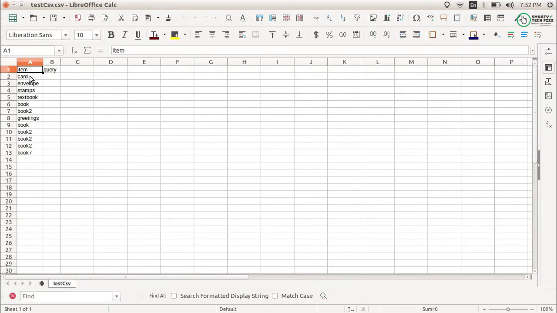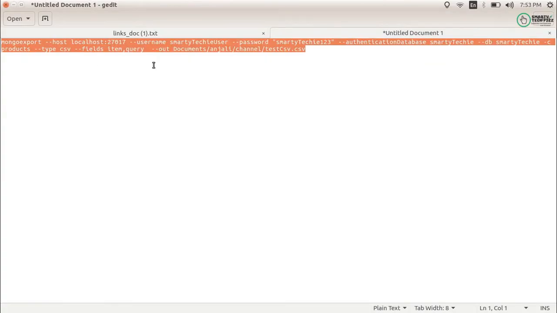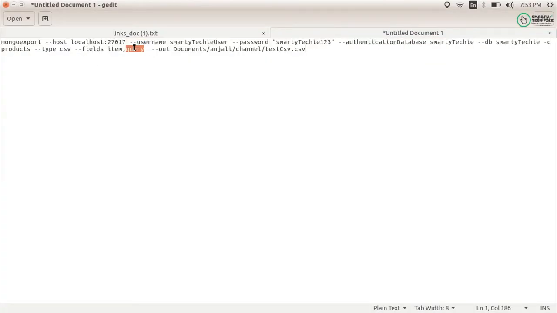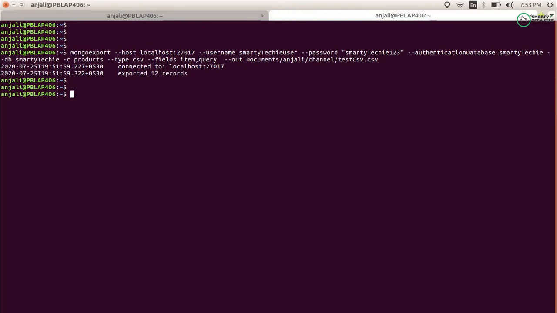The item is there, but for the query, oh, actually because I have specified the field as query, but it should be quantity. So let's run this again.